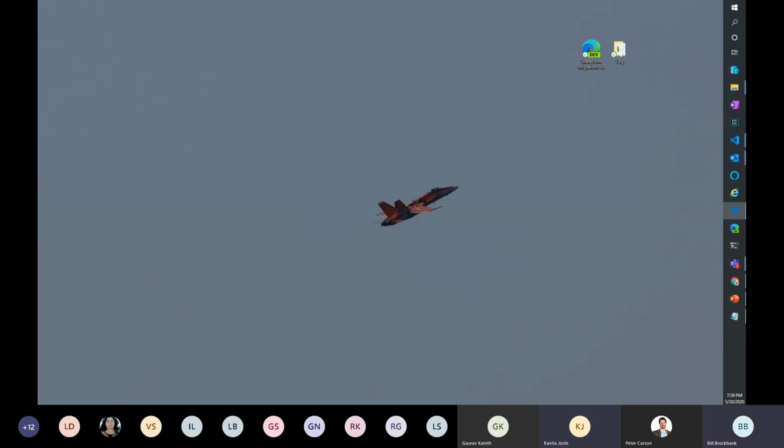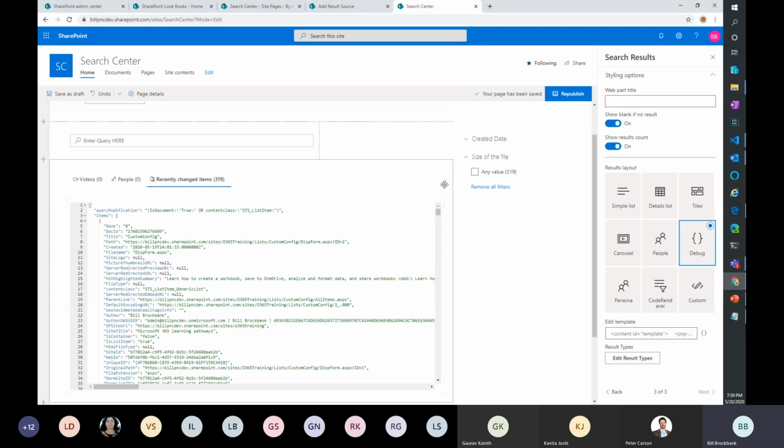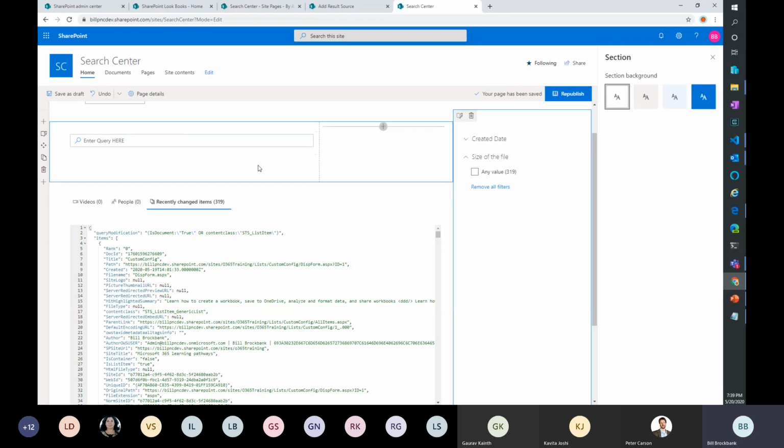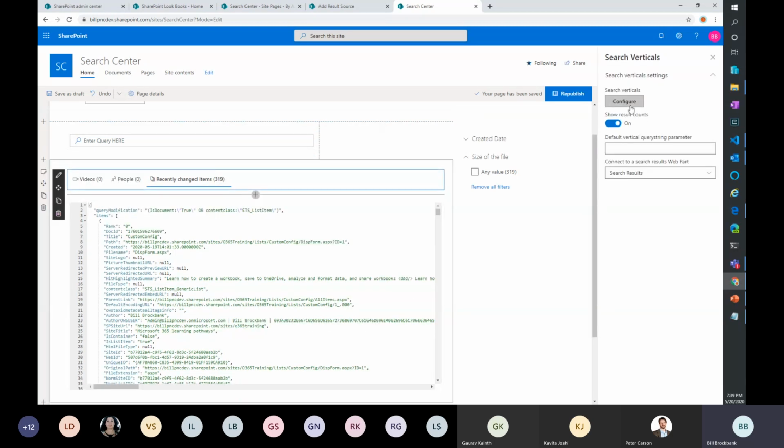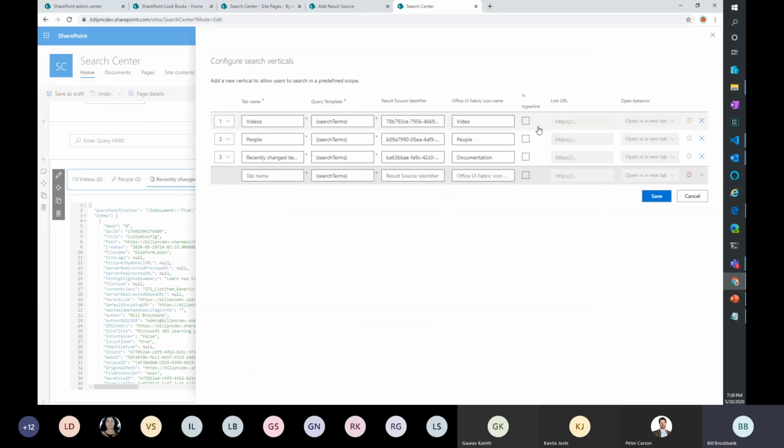Have you tried that? No, you would have to create a different page with a different layout result. Let me bring that back up off of mine. So what you would do is up in the vertical settings up here. Actually, what did I do? There. This one here, and this is new, so I'm not quite sure. There used to be another control, and they've wrapped it into this. I would say, okay, on this one, if I wanted it for people, I would put another targeted page in my site and redirect to that page. Yeah, and it will do a redirect to that.